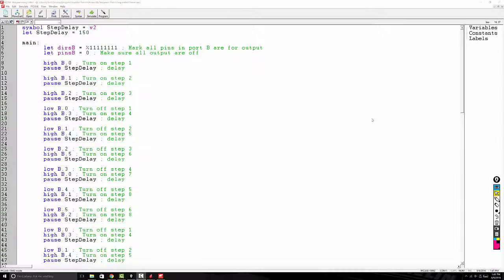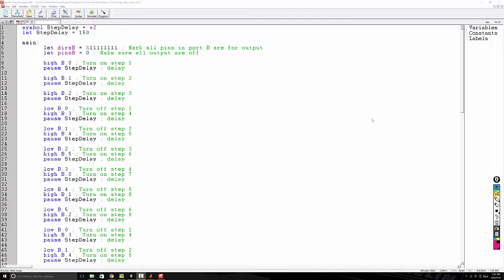Okay, so now our board is physically connected to our computer, and with that connection we can start writing our code and uploading it to the PICAXE microcontroller. I'm using the PICAXE programming editor to write my code, and this is software that is provided by Revolution Education. I will provide a link to that in the description below. These are the people who make the PICAXE controller, so you know the software is going to work great